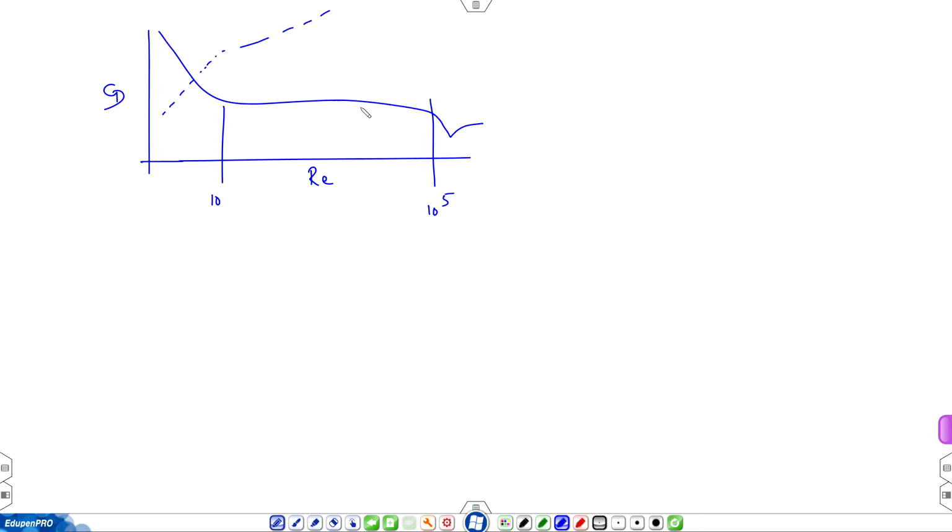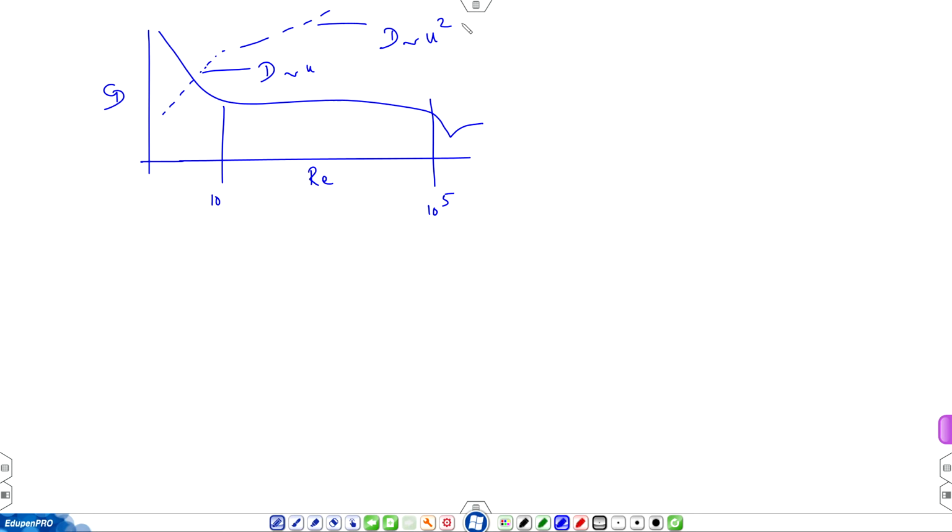When C D becomes constant, drag is proportional to velocity square. So, this dashed line, this drag is proportional to u. For higher velocities, drag is proportional to u square. So, this is the data for a circular cylinder. So, the functionality changes with fluid velocity,